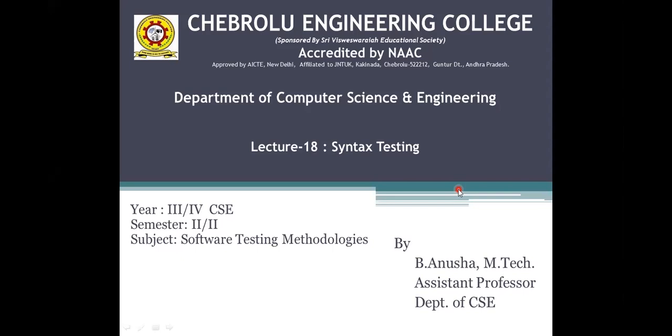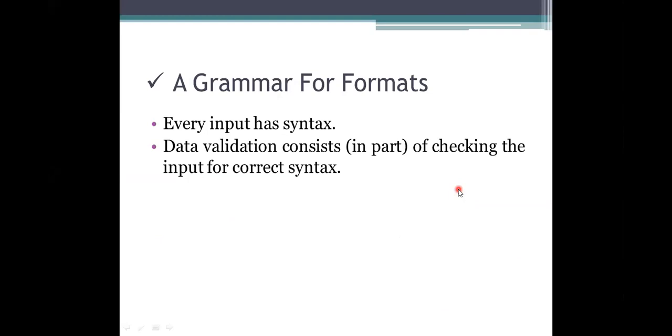Good afternoon, class. Today we will see grammar representation in syntax testing. So yesterday we have seen what a syntax representation is and why we need to consider the syntax representation, because we are dealing with the processing of a task or any program. So what happens?